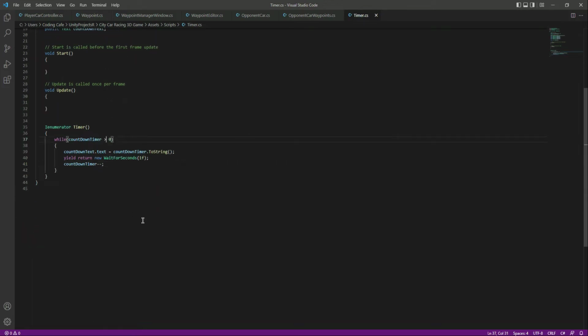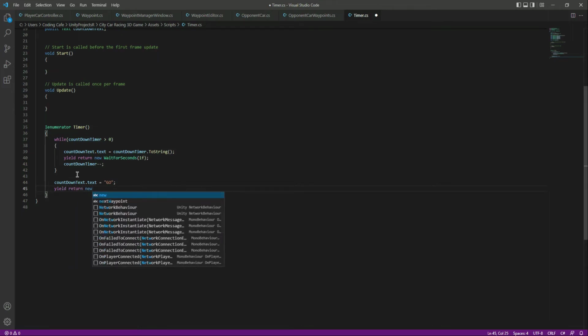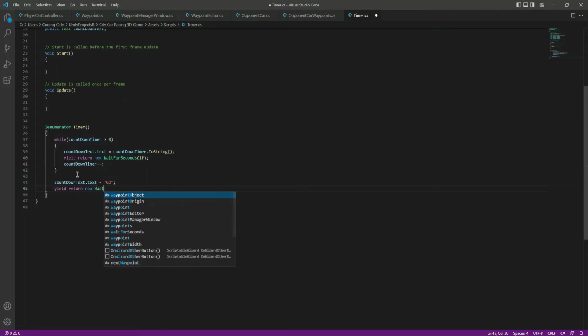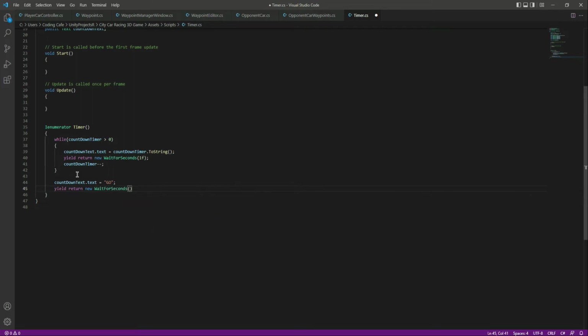And when it becomes equal to 0, this means that this while loop will not work, because 0 is simply equal to 0. So if that happens, then we will change the countdown text dot text to go. We will show this text, go, and again we will wait for 1 second. So we'll say yield return new WaitForSeconds, we want to wait for 1 second,